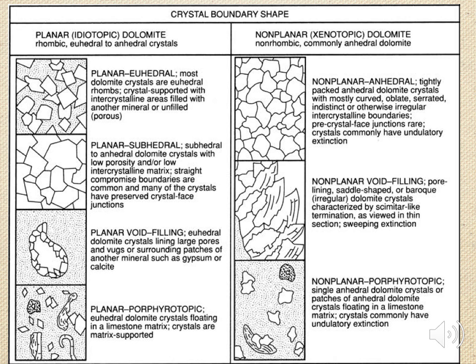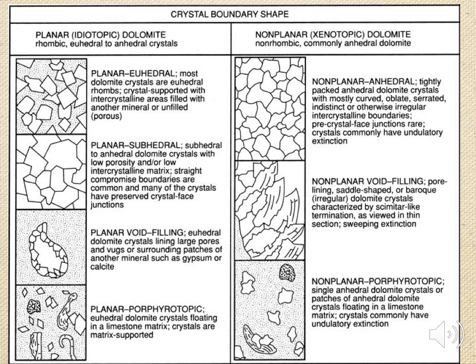So that's a nice simple one, very easy to remember, and if you sketch that in an exam it will be fine. And then we have another one that I took from a text, which is a little bit more complicated with some higher names, and I want you to look at these as well. And so on the left we have planar idiotopic dolomite, being these euhedral forms for the most part,